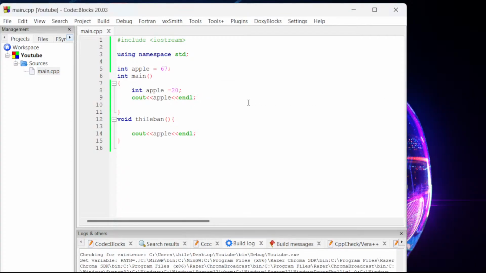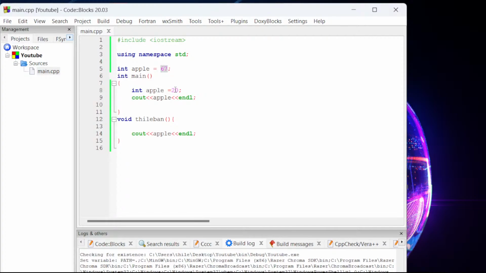Why is it happening? Whenever the code is running in the main function, it's only going to access the most recent one. So here we have 67, but here we have the same variable name with 20, so it replaced the 67